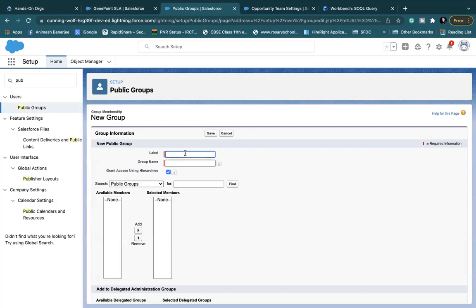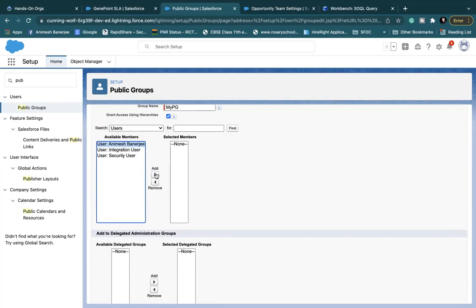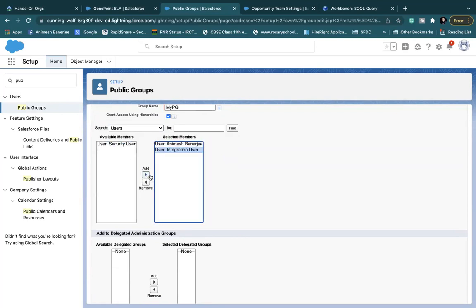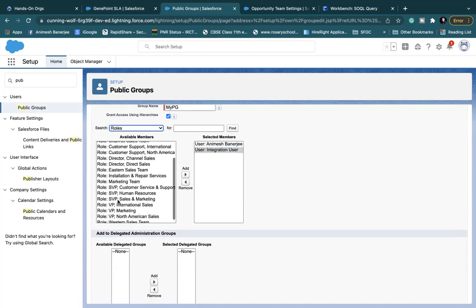A public group, I am naming it myPG. A public group can have individual users, like I can select these two people. It can have roles, I can select any roles inside it. And it can also have other public groups inside it.